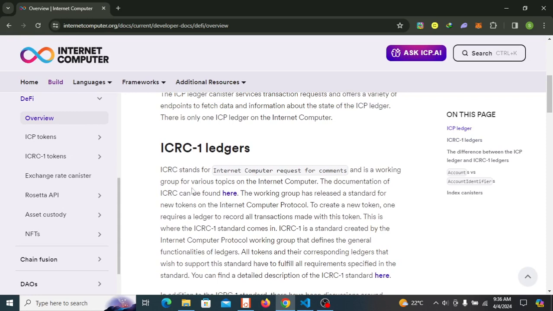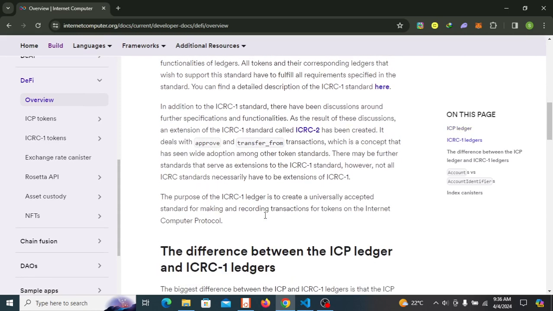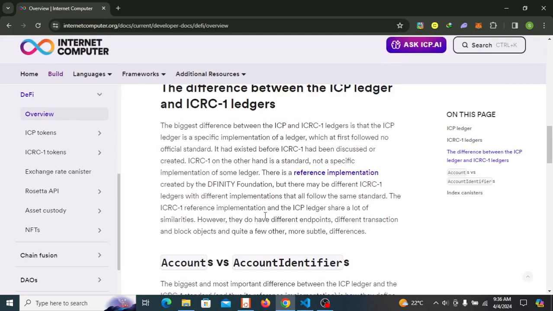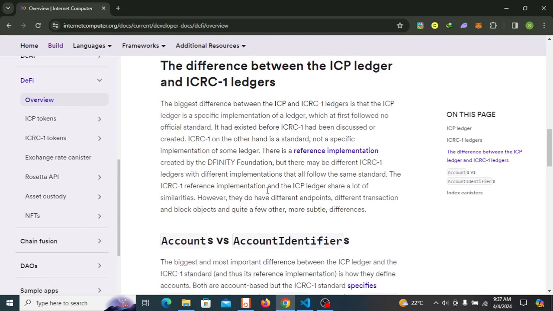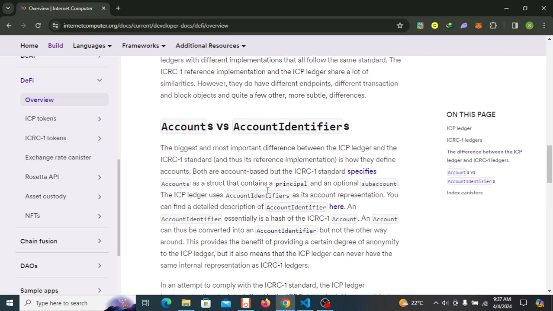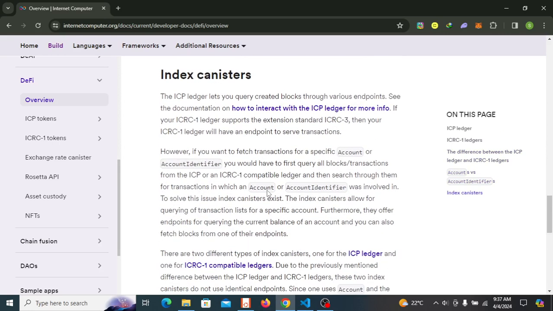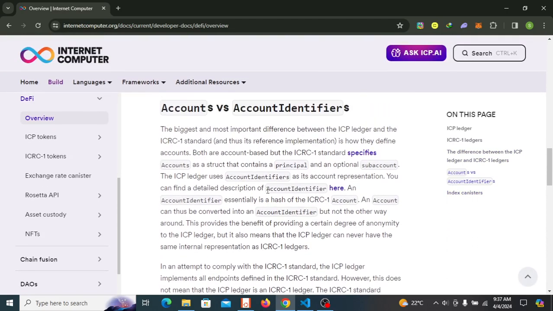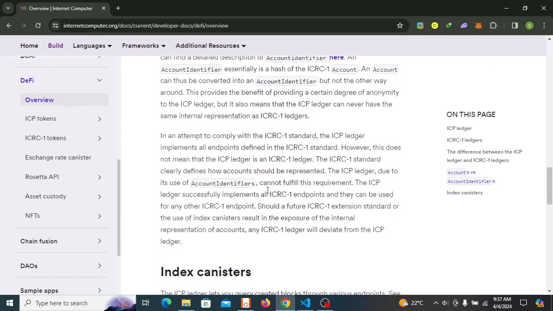Basically, ICRC1 is a token standard on the Internet Computer, just like how we have ERC20, which is a token standard on EVM. And so we have ICRC1, we also have ICRC2, and down below they show you the difference between the ICP ledger and the ICRC1 ledger. There's a couple more information about accounts and account management. So if you have some time, you can access this doc and read through to understand a couple of things about